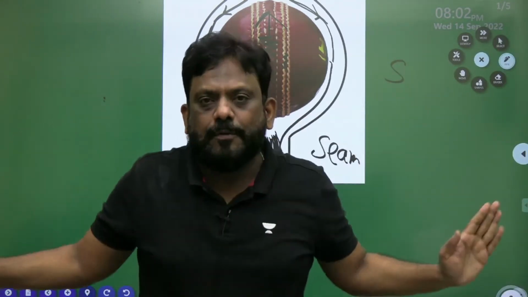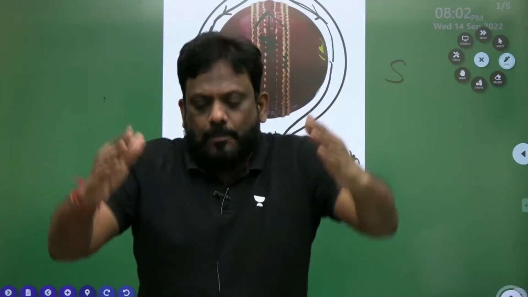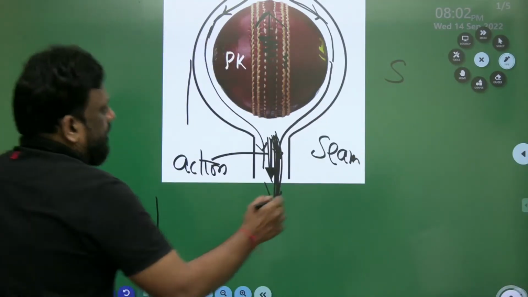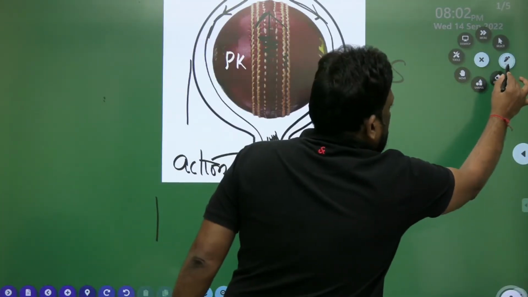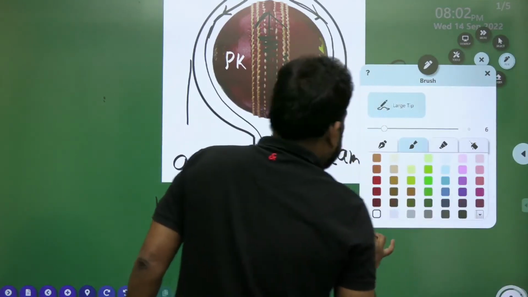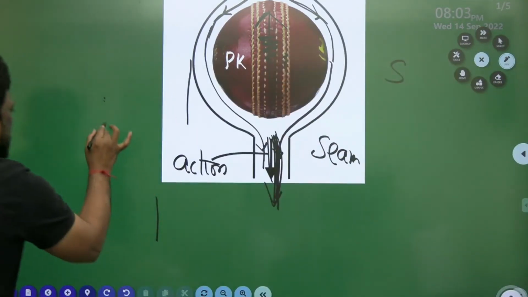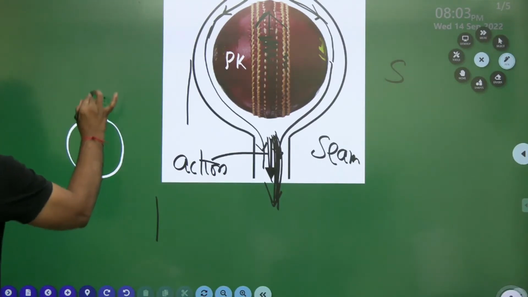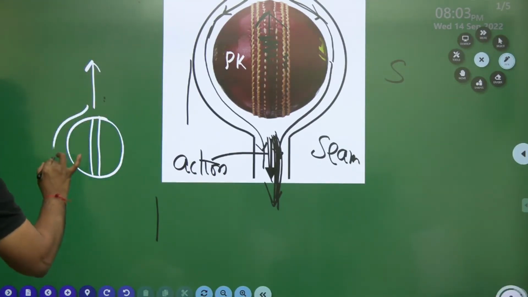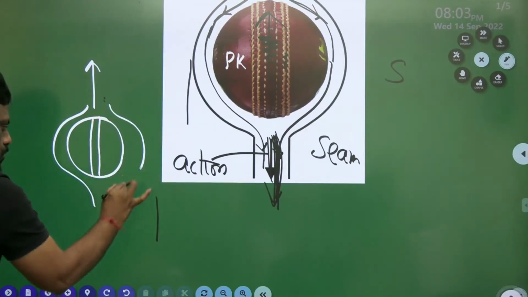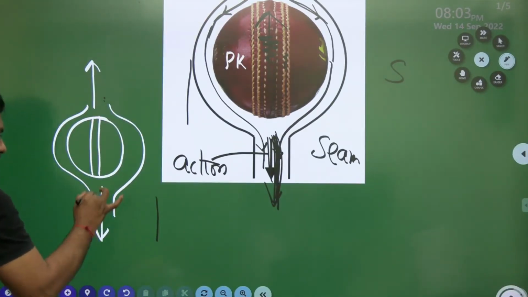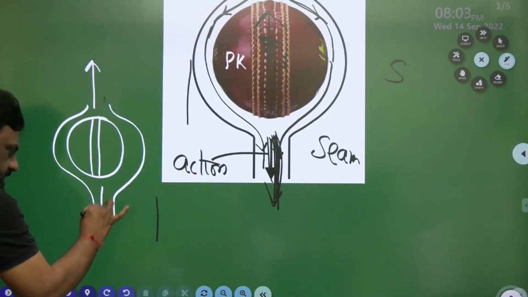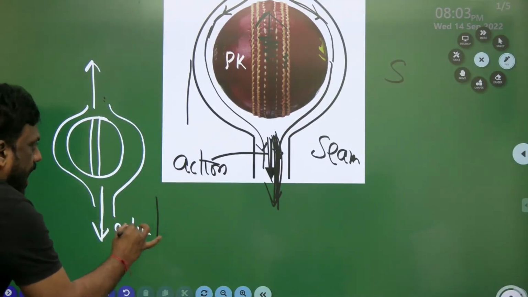So there is no swing of the ball, because it is exactly symmetric on both sides. So therefore, what is happening, my dear students? Let me explain very clearly. Now observe here. If this is the ball, and if this is the seam, and the ball is moving like this, the air is displaced like this, and this is the motion of air. And if this is the air leaving, and therefore if this is the action,